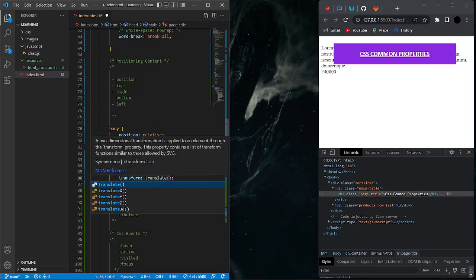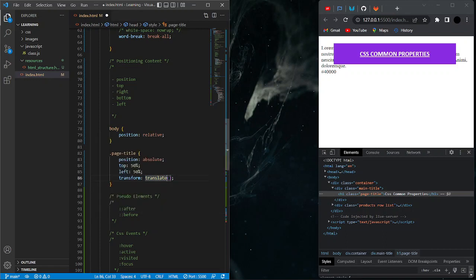There is the vertical and the horizontal. Vertical moves it to the bottom or top, and horizontal is left or right. This X is for the horizontal. So if I do translate minus 50%,